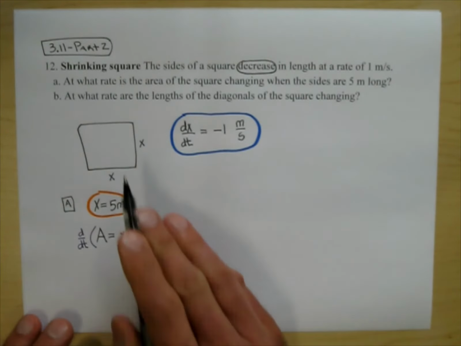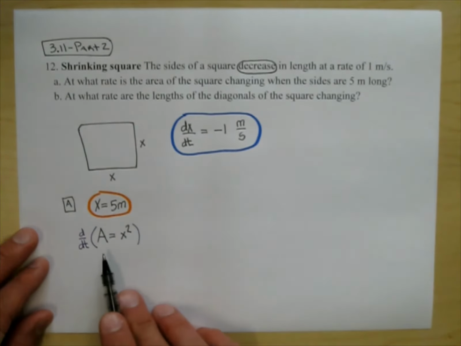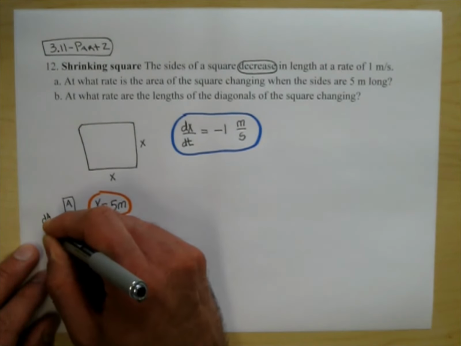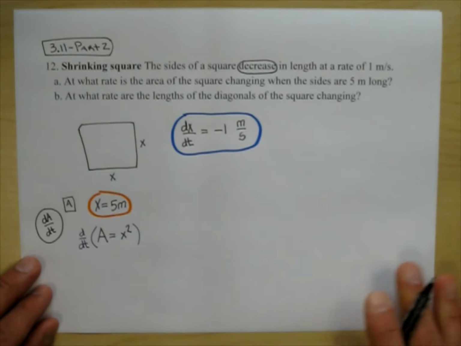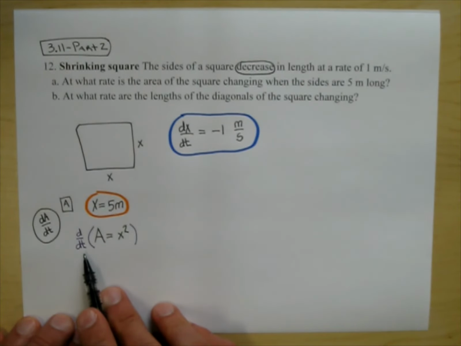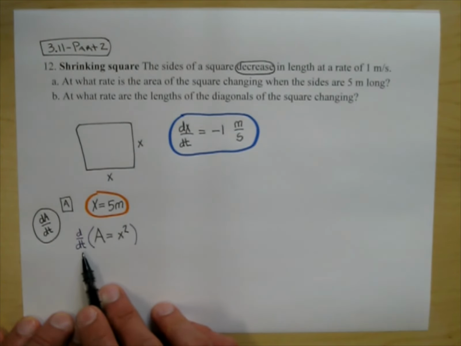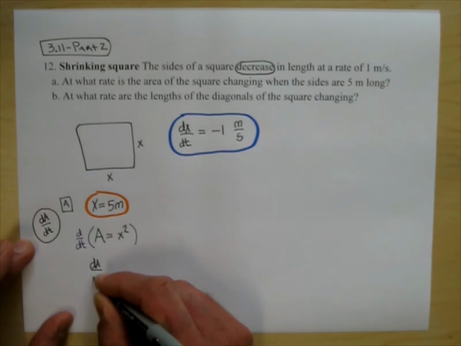Okay, what is my goal here? It says, at what rate is the area of the square changing? So before we continue, I'll put the goal up. We want to know what dA/dt is. So that's the goal. I'll circle it. And let's go ahead and zap both sides with the derivative with respect to t. So the derivative of A is 1. But then we have to put a dA/dt because we're taking the derivative with respect to t. So this is dA/dt